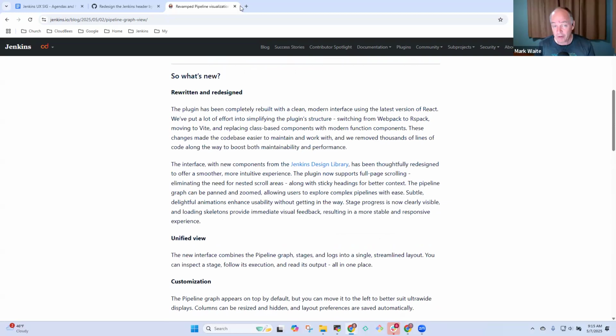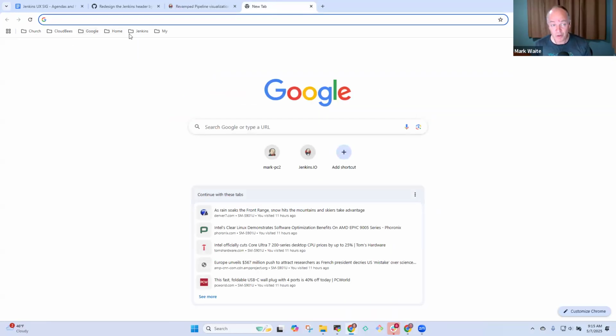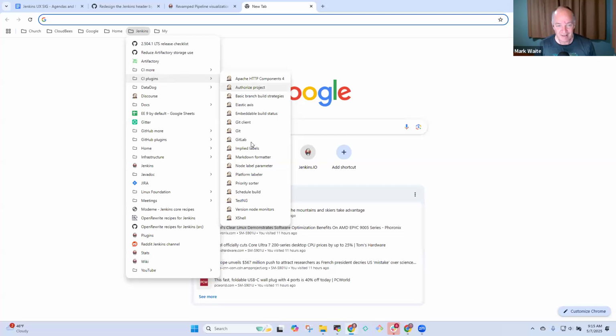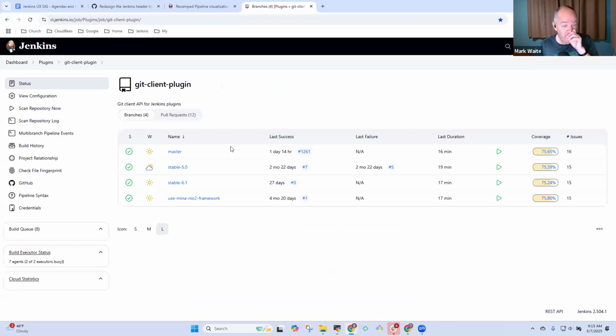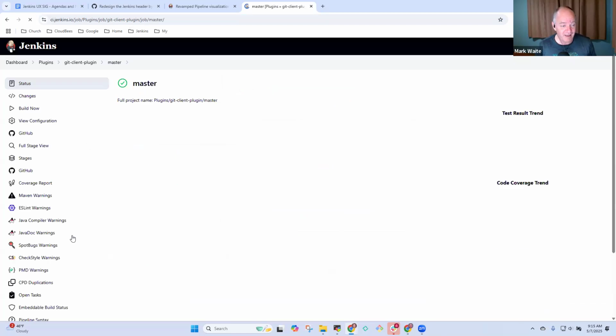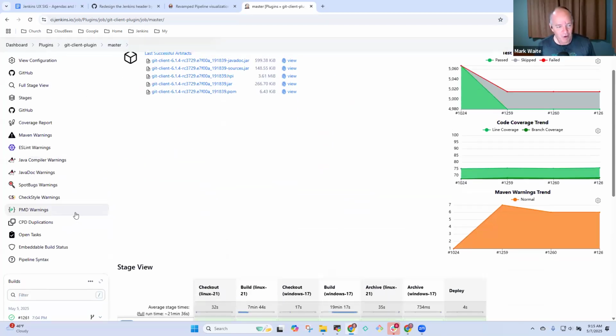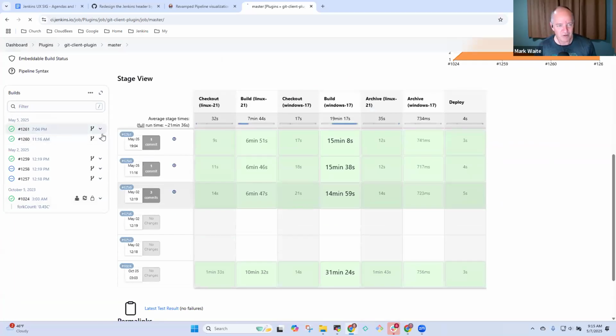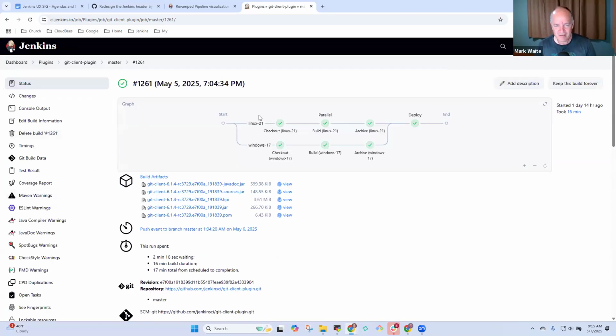So do we want to take a brief look at it? Is everyone okay if I show it from my world? Here's one of the things where I do stuff. All right, so let's look at a build, and there's first the visual